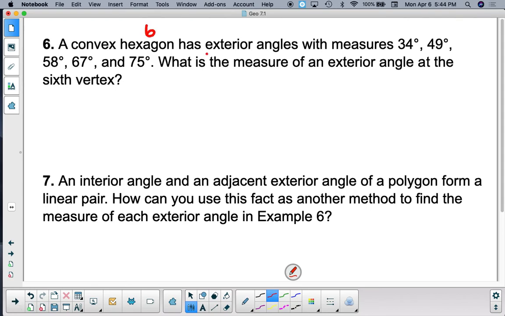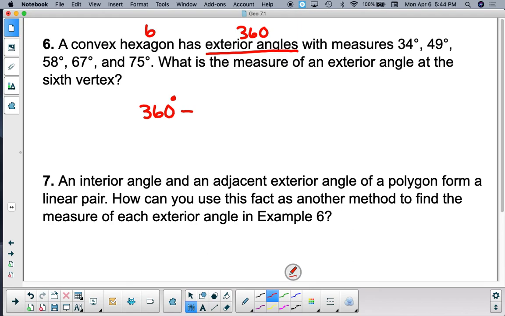We know that the exterior angles always add up to 360. And they gave me 5 of them, right? So I would add those 5 up, and I would subtract that from 360 to find the 6th one,